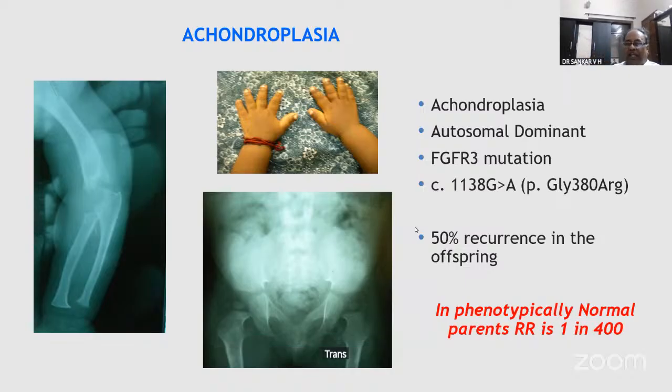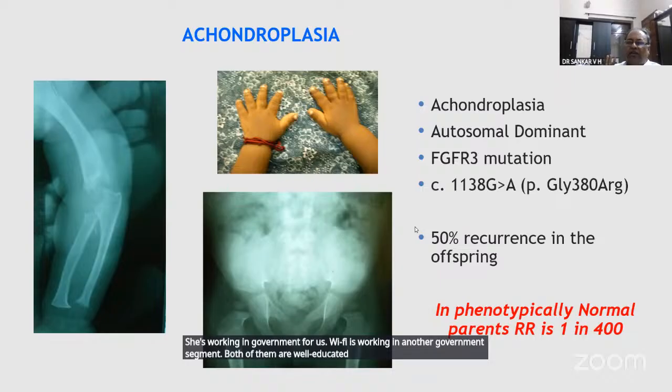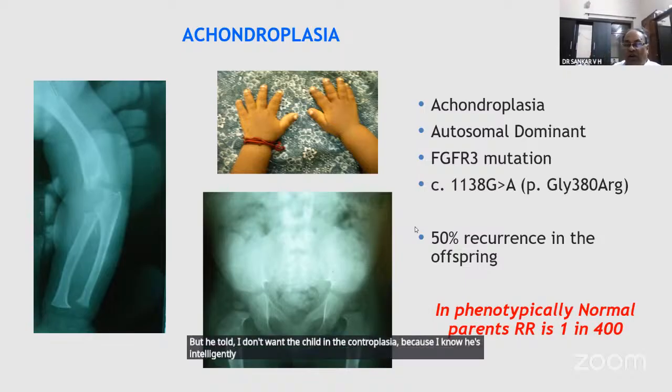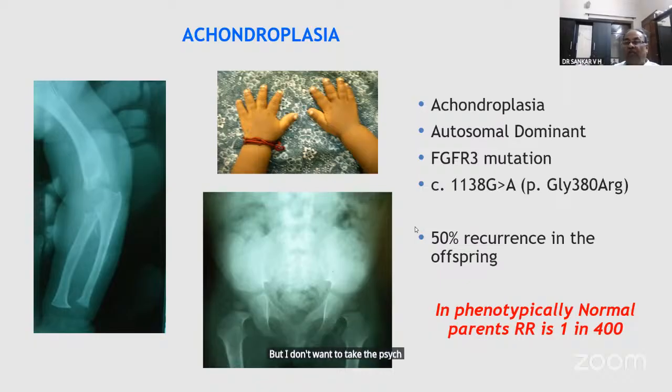Transport bus. Actually, he is working in a government press. His wife is also a government servant. Both of them are well educated. But he told me, I don't want a child with achondroplasia, because I know he will be intelligently normal. I am also working in a government press, but I don't want the psychological trauma which I faced during my school days. Always my friends would call me kulla. And transport bus,